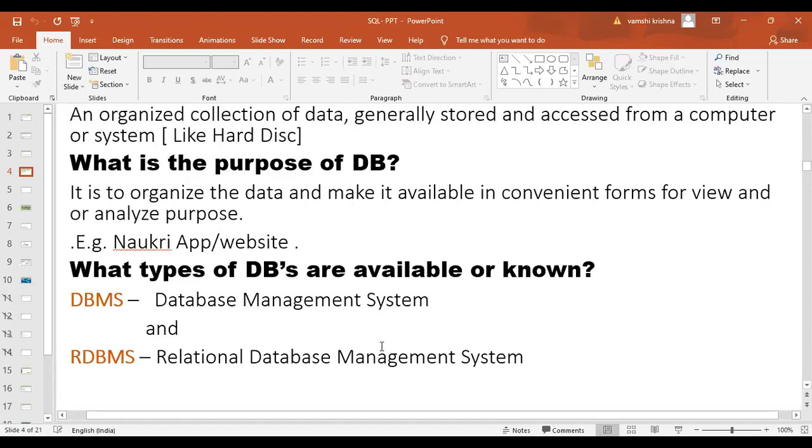So a database or DBMS was originally more like a file. There was no connection between the tables. Data retrieval was a huge challenge earlier, so RDBMS came in, and SQL supports RDBMS, relational database management systems, wherein we create a relationship within the database where the retrieval of information is faster, accurate, and extremely to the point. Clear so far, guys? What's the basic difference between DBMS and RDBMS? Any doubts?